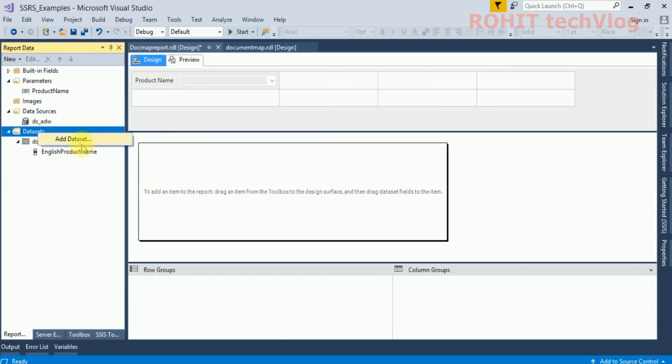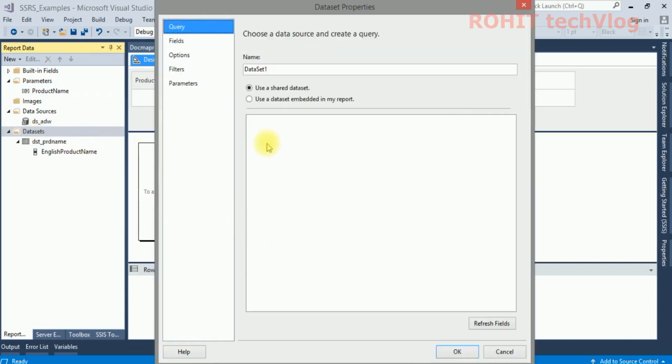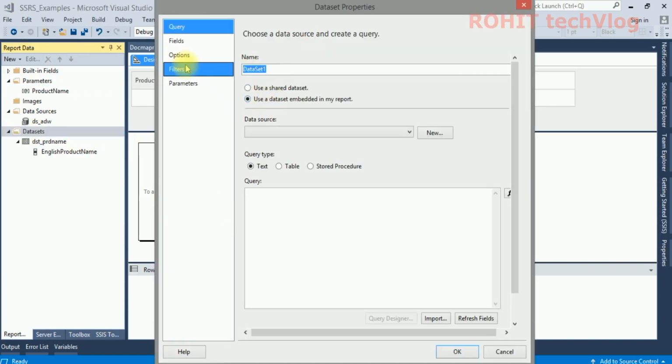Now let me configure the main dataset. This is DST document map; you can give any name of your choice.